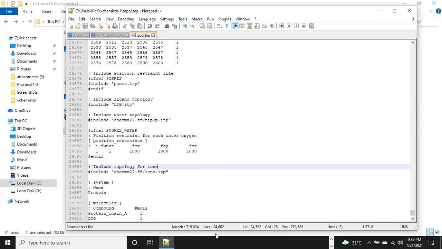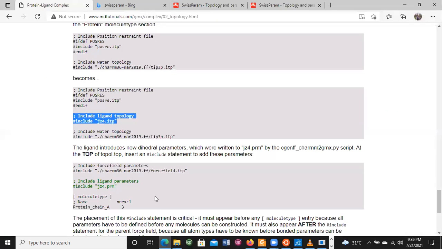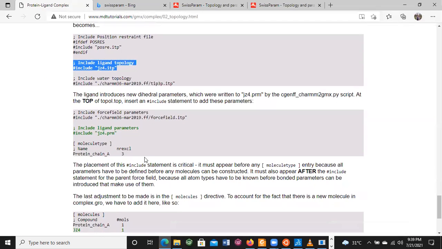Next we need to add another line, that is the parameter line before the molecule type. Copy this and